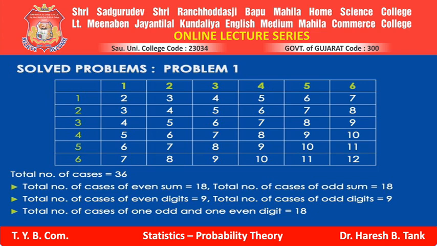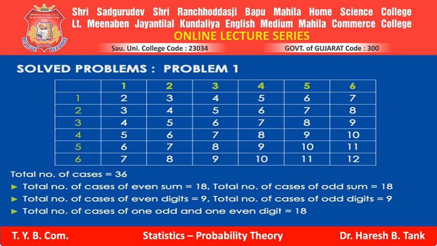Okay, now observe it. First of all, two dice are thrown. If two dice are thrown, naturally total number of possible outcome becomes 6 square. 6 square is nothing but 36. So 36 different outputs are possible. Now you just list down all the things. Total number of cases of even sum. So within this table, how many sums are even? Just count it down.